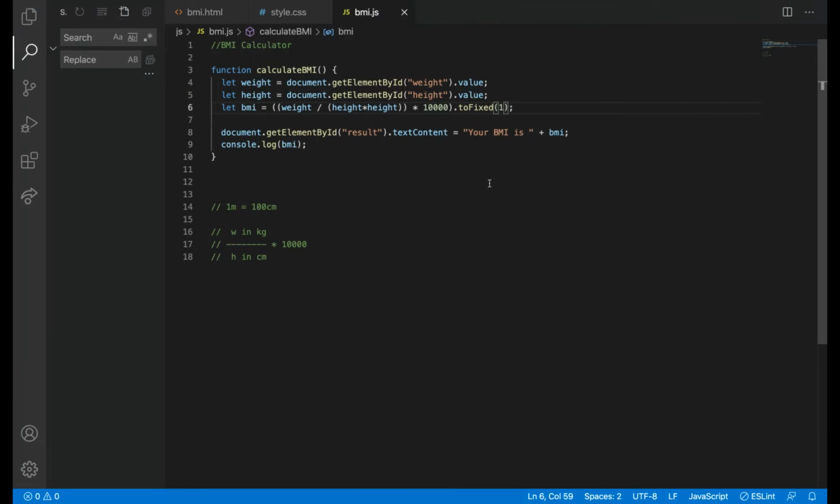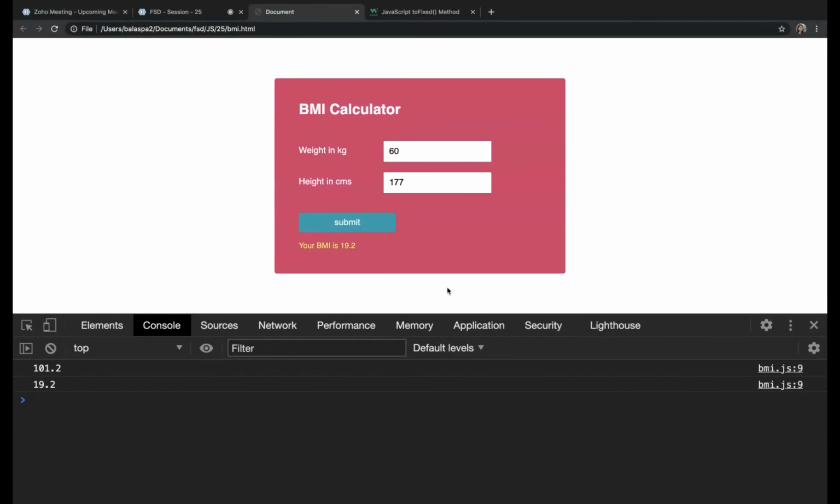842. Can you try the remaining thing? I can teach you tomorrow, but people who have time can try. What we want to do is check the conditions. If the value is less than 18.5, you need to show you are underweight.